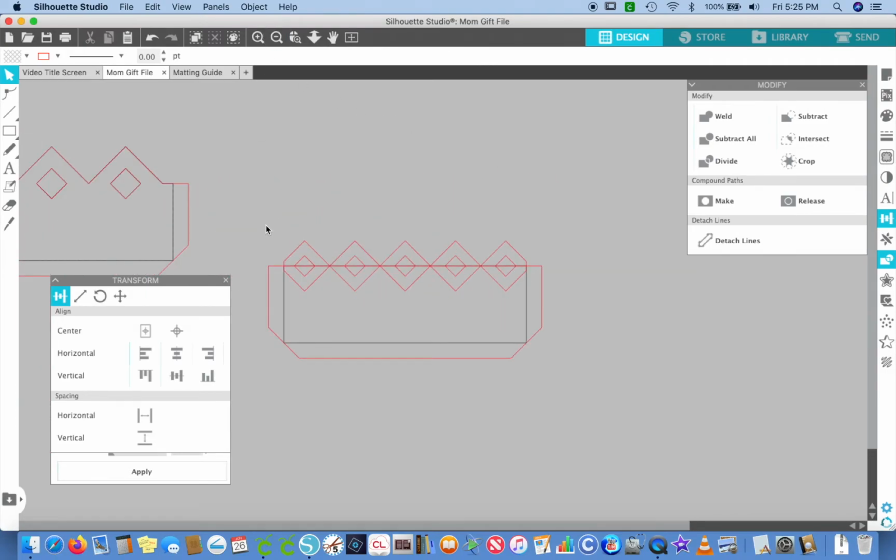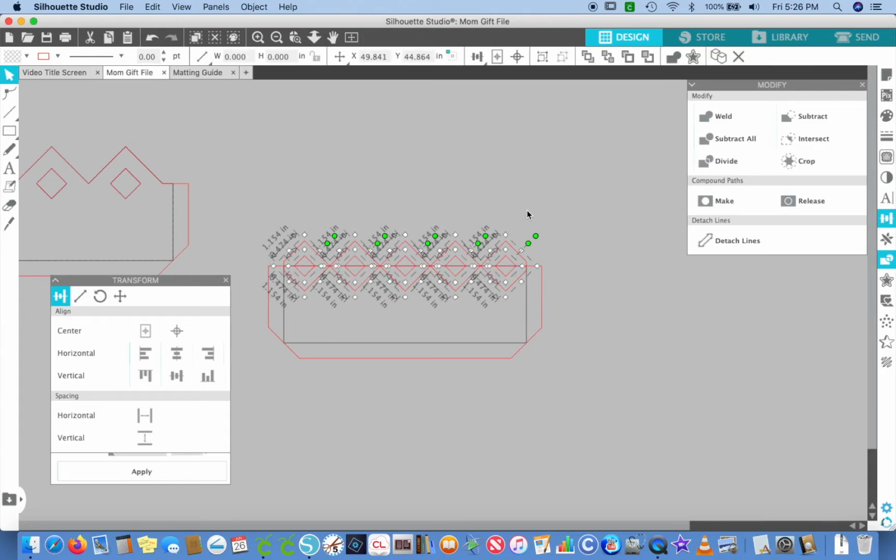Okay, now I can come in here, and let's say I want the full triangles. I want this whole opening, but I want the 5. That just means you have to come in here. You have to break the group. No, I don't even have them grouped. Do I have them grouped? Oh, break the compound path. Okay, you can come in here, break the compound path, and then I'm going to select, just like we did before,